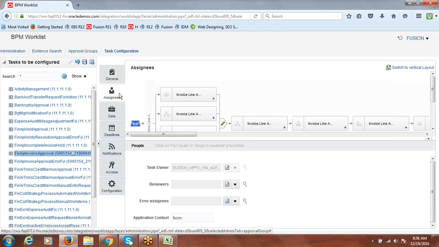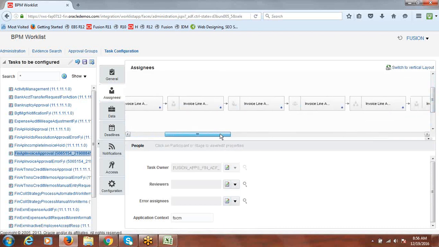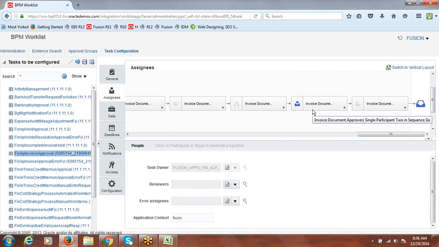Then go to assignees. Now see all the nodes. These nodes are all disabled. Earlier you could see them as enabled. Only one node you can see in enabled mode. This is the one. Now by using this node, if you want to create any rule, what we have to do is